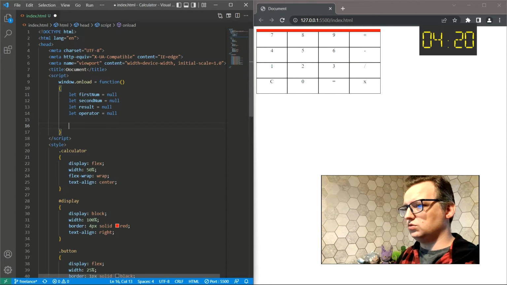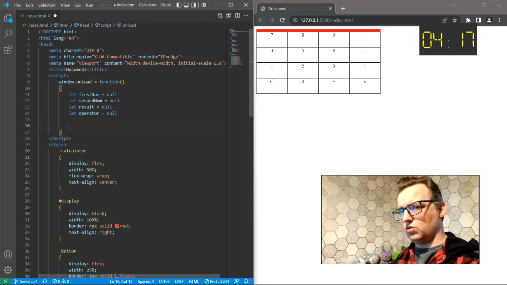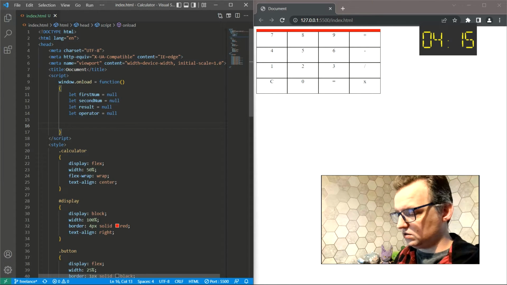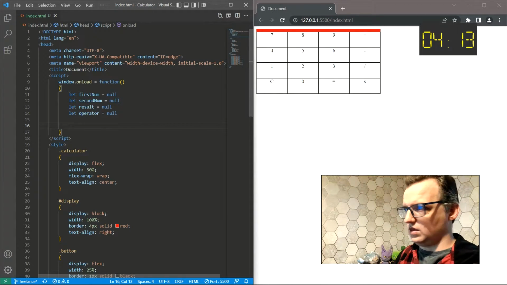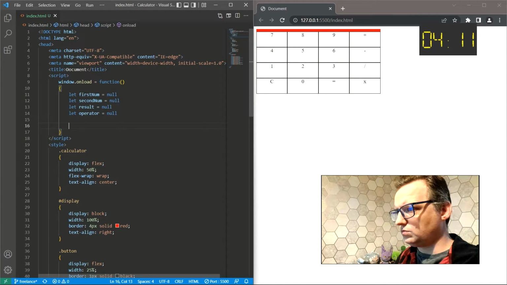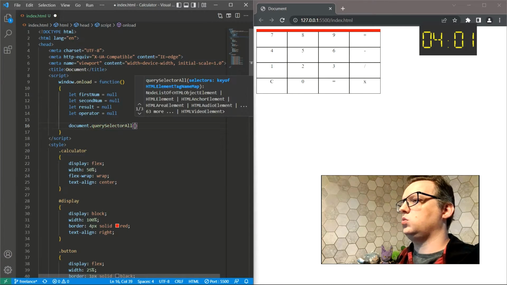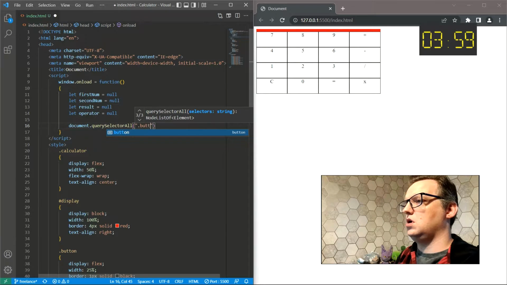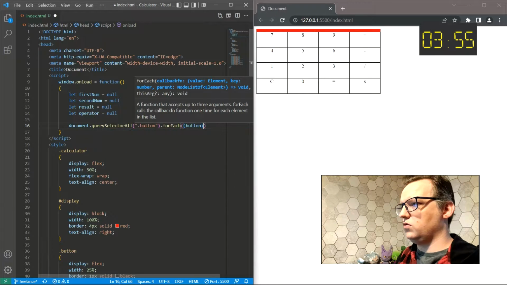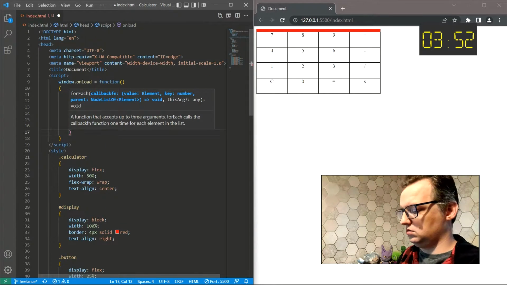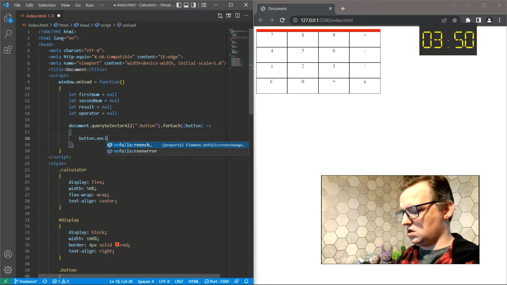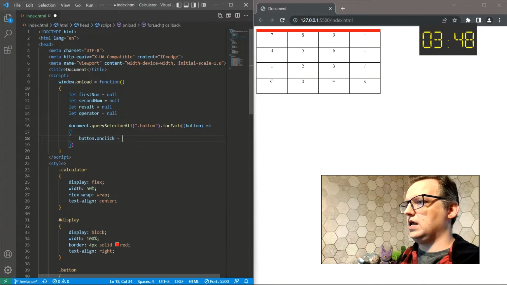So now I'm going to loop through all the buttons to see if they've been pressed, because everything on here is a button. So document.querySelectorAll button, forEach as button, and on button.onclick